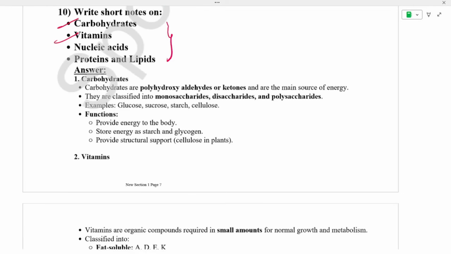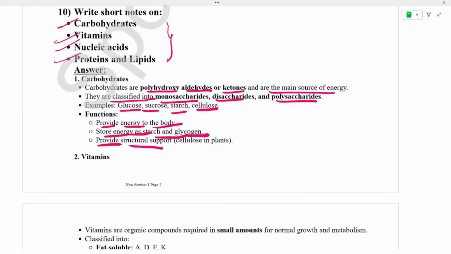Next is about carbohydrates, vitamins, nucleic acids, proteins and lipids. Carbohydrates are nothing but polyhydroxy aldehydes or ketones, and are the main source of energy. They are classified as monosaccharides, disaccharides and polysaccharides. Examples are glucose, sucrose, starch and cellulose. Next is function: they provide energy to the body, store energy as starch and glycogen, and provide structural